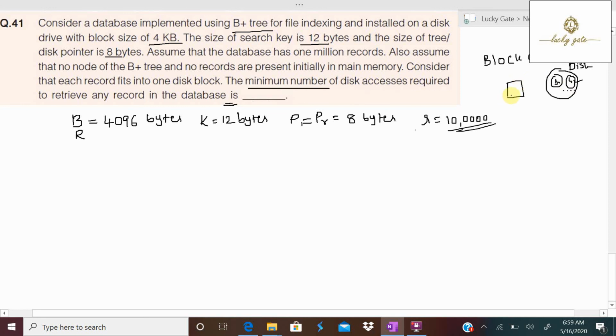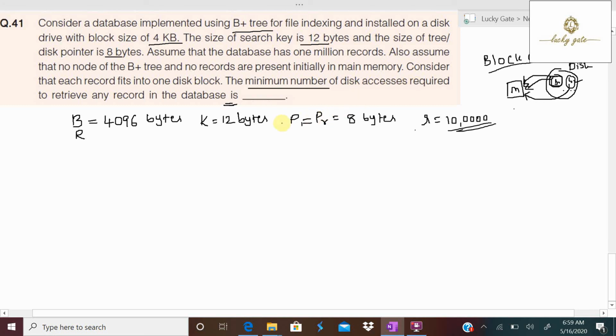If I need to perform some operation, that block of records needs to be transferred from disk to memory, and I perform a search in the block of records. If my record is not found in that block, it will replace that memory content with the next block and continue the process until it finds the record, or until no record is found. Here you observe the transfer of each block of records from disk to main memory is called block access. Now the question is how many minimum number of block accesses are required.